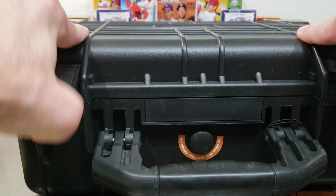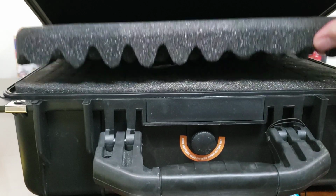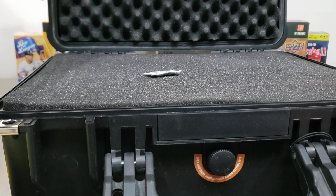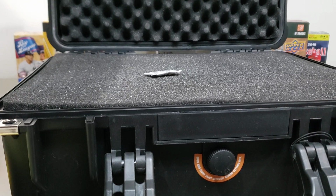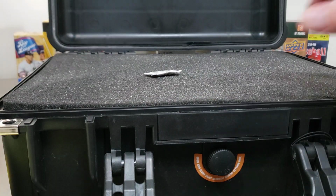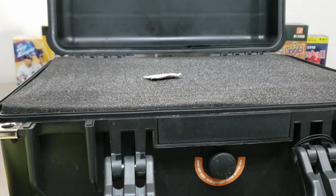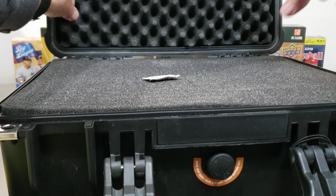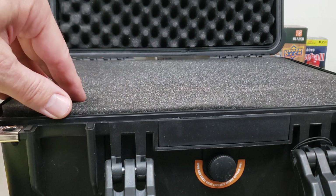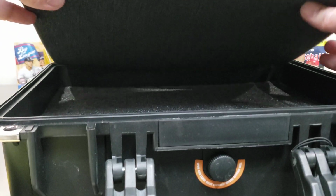So this thing will hold probably about, I don't know, 100, but we'll take it apart, see what's going on. Here's what it comes with. Everything you see. The top impacts like an egg carton type of padding. It comes off. So someone earlier said you can put your lists up there behind the padding: inventory list, price list, what you want to pay, what you paid, so forth. That'll keep your things from getting moist. And it comes with a